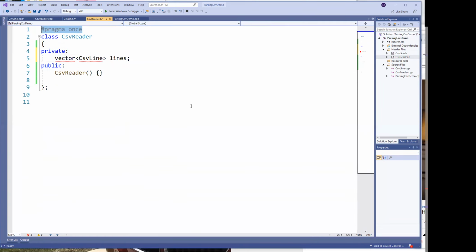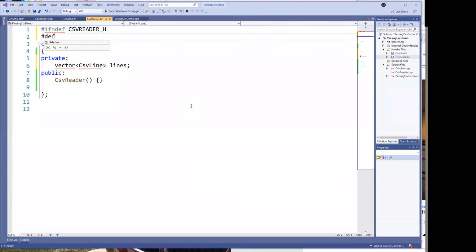The other thing about this, of course, like we said before, if not defined, CSV Reader H, and then we define